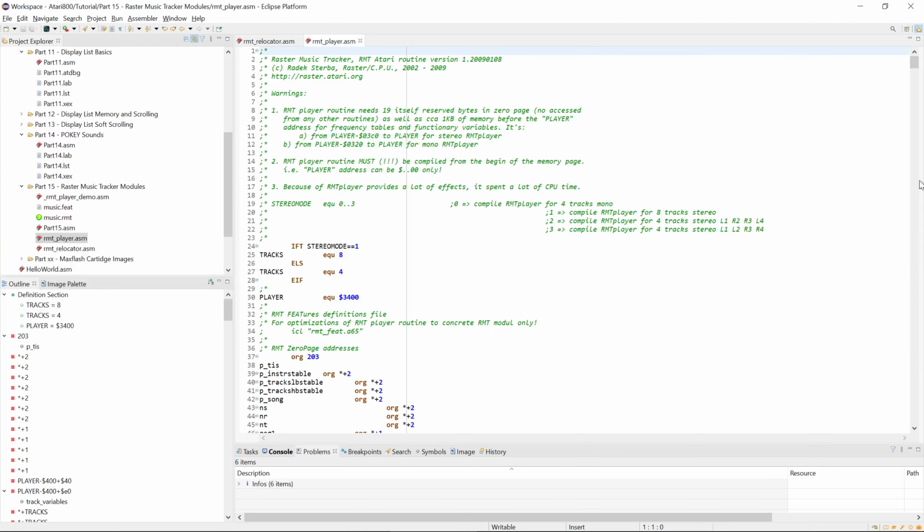The player itself is completely self-contained, except that it needs the RMT feature file, which here is called music.fet, and it needs one input from you from the outside, and that is how it should deal with the number of tracks. Typically the tracks that you will have will be 4-track single pokey modules, which means they are mono, and then there are